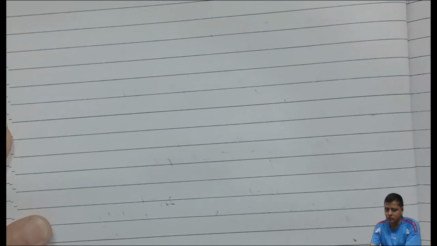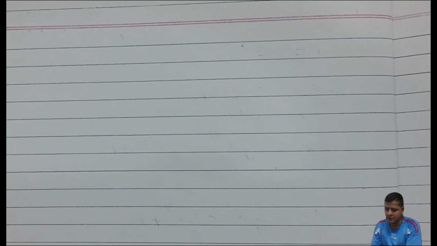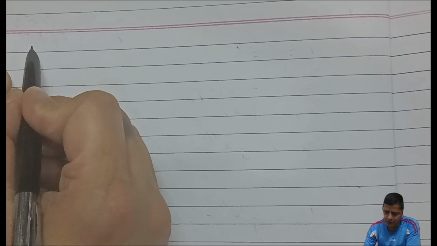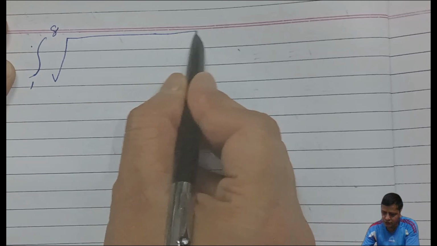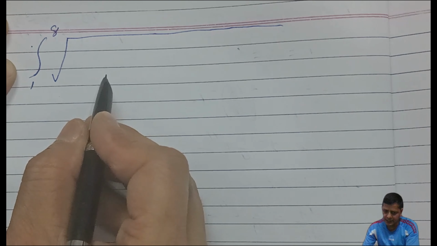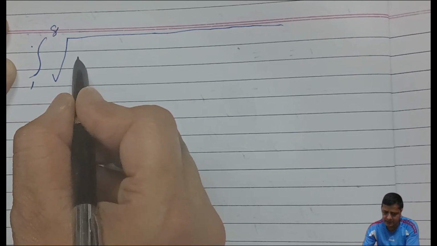Let's further simplify, because we are now going to add up the thing that we need to add. Actually we are doing that so that we can add up the one in the equation. So let's go for further simplification. We had the integration from 1 to 8, and then we go for the root. It is a very long root. We got that earlier. Now we just go for writing the things.